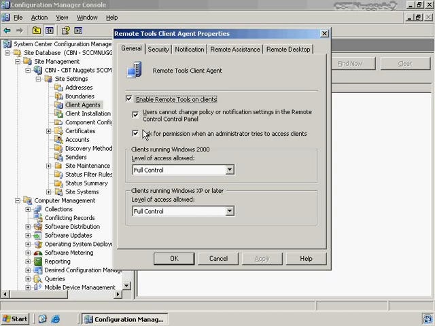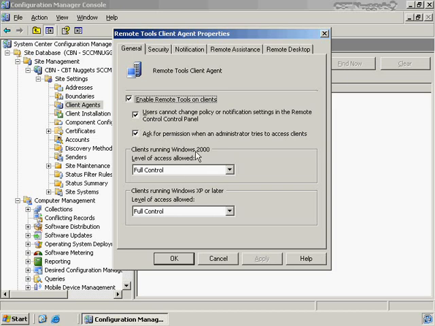The same holds true if you have systems that you need to remote control while the user isn't there. If you have a user that, for example, you need to go and solve their problem while they're away, if you have this checkbox checked, they'll need to be around to actually accept your remote tools request for them to be able to use it. So again, checking this box is good because it gives your users the warm fuzzy that you're not looking over their shoulder, but it makes things more difficult for you and your help desk